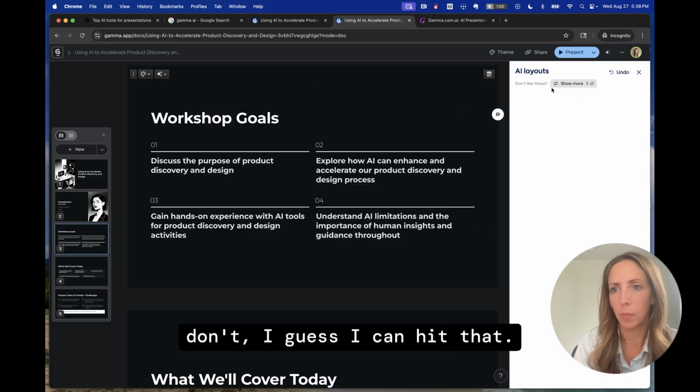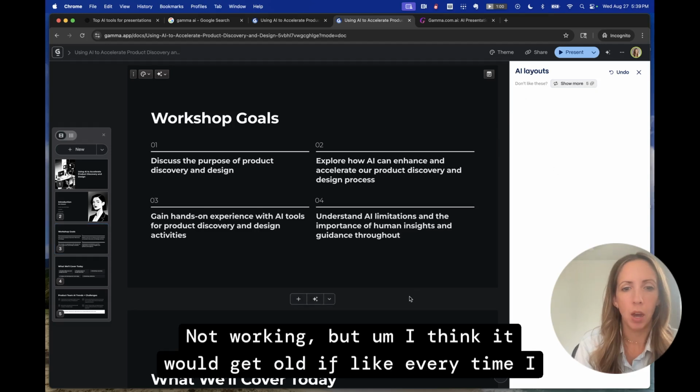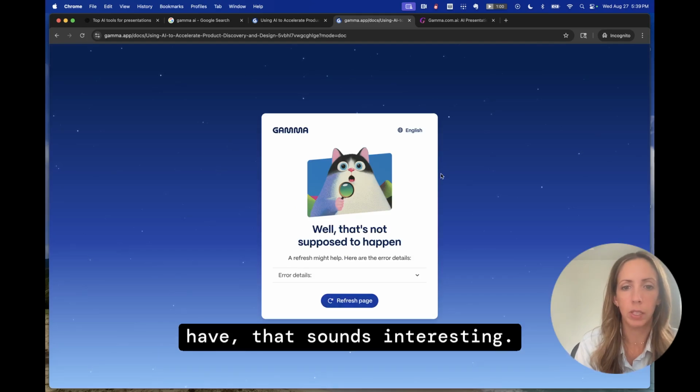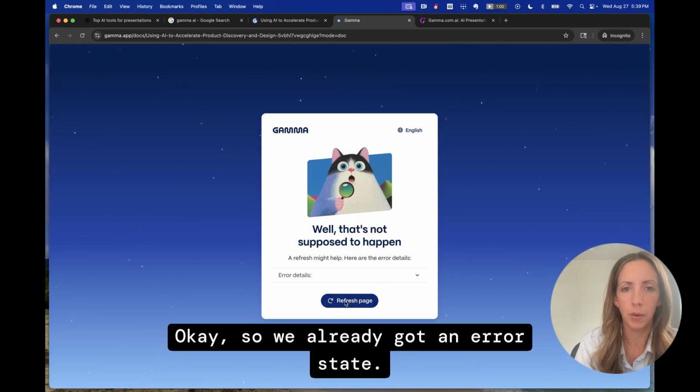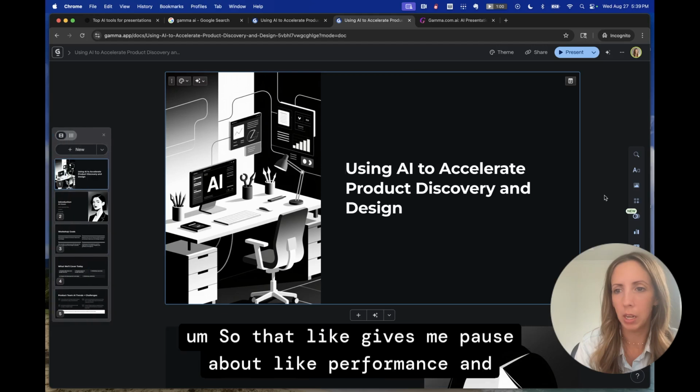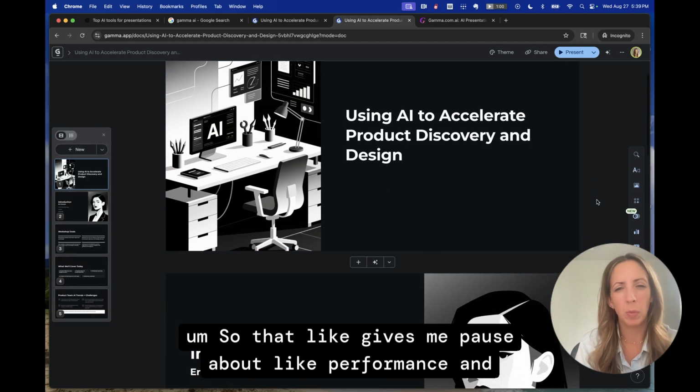Okay, like that. I guess I can hit that. Not working, but I think it would get old if every time I have, that's not so interesting. Okay, so we already got an error state. So that gives me pause about